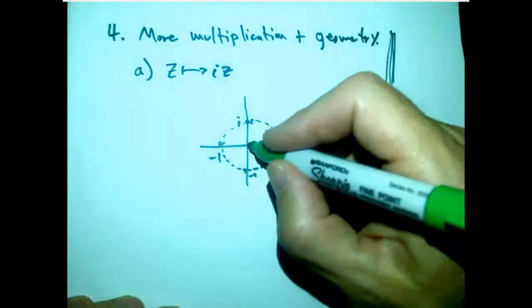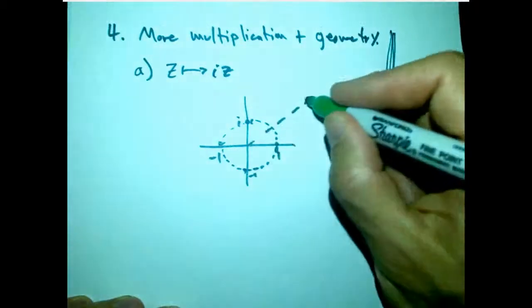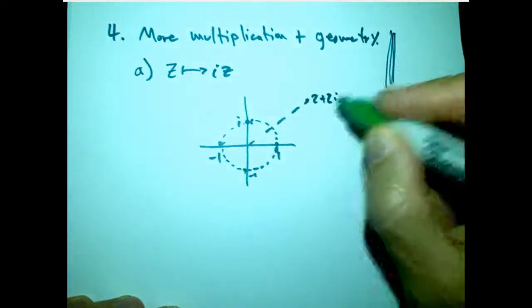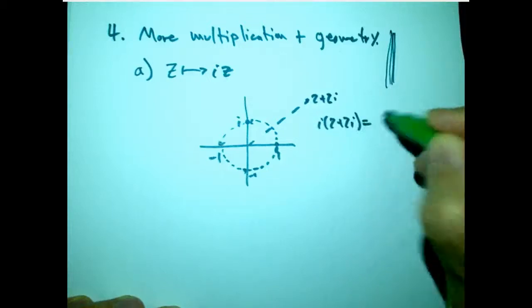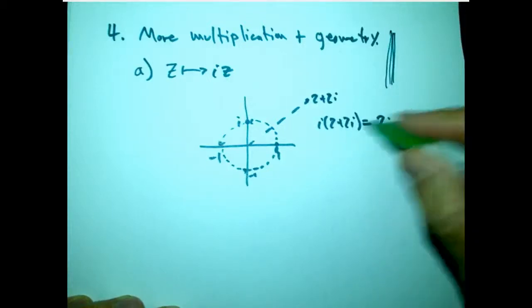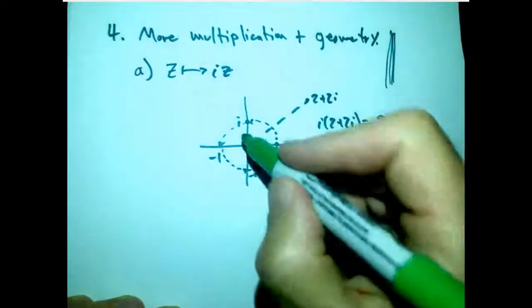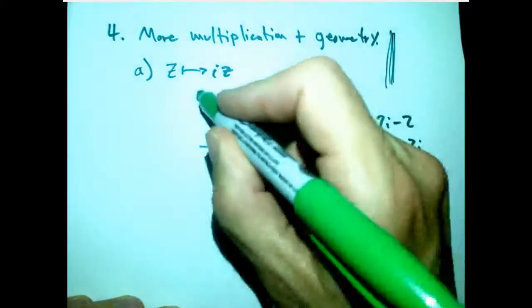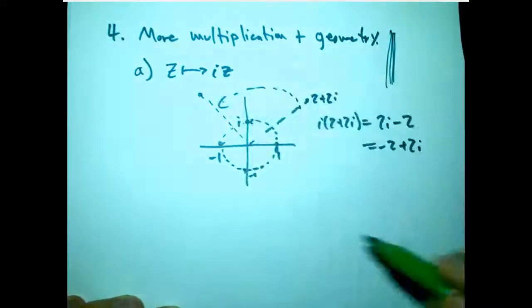Okay, well, let's see. What about if you took 2 plus 2i? What does that do? You multiply that by i, you're going to get 2i plus 2i squared, or 2i minus 2, or put it in standard form, minus 2 plus 2i. That's over here. Go left 2 and up 2. Okay, notice what's happened. I've rotated